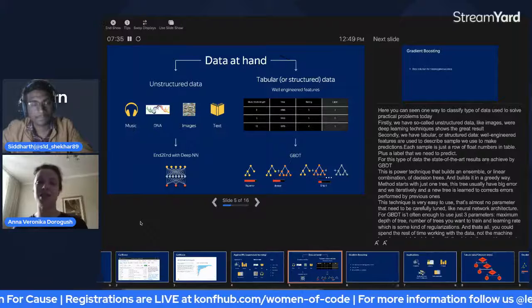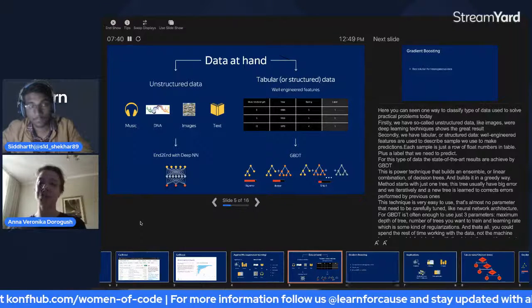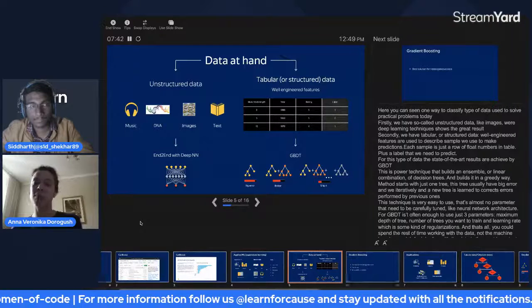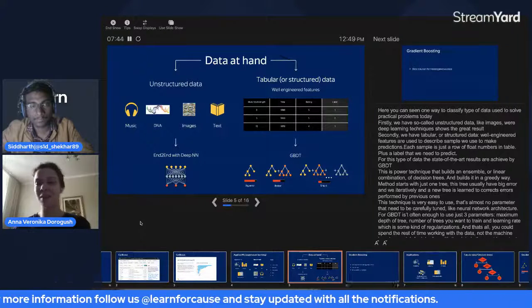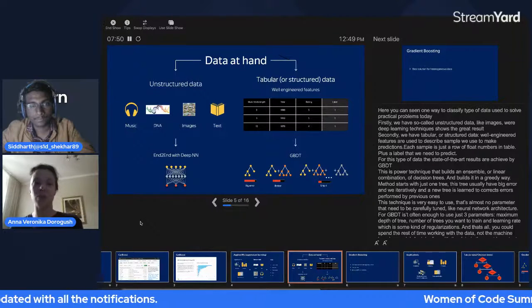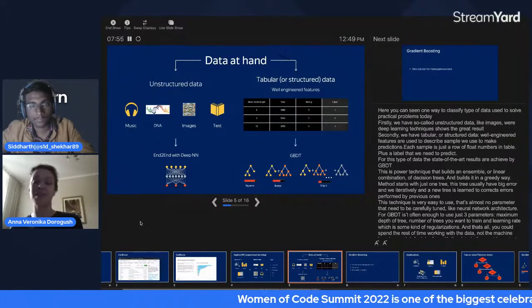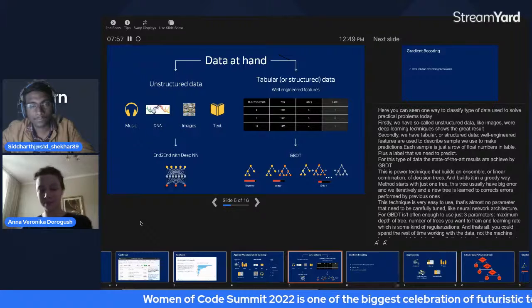The second type would be tabular data. For example, for prediction if a person will like a song or not, you have tabular data. Every person is described with a set of features, like person plus the song.